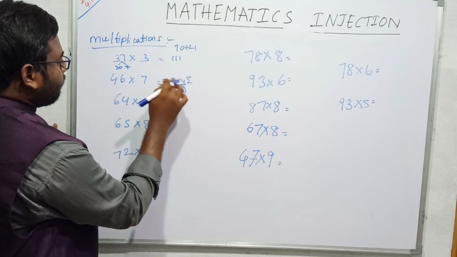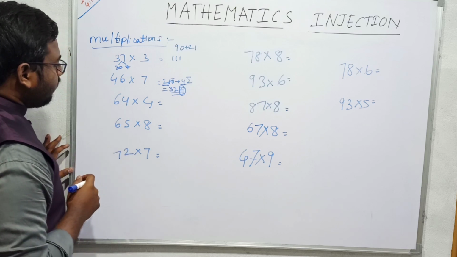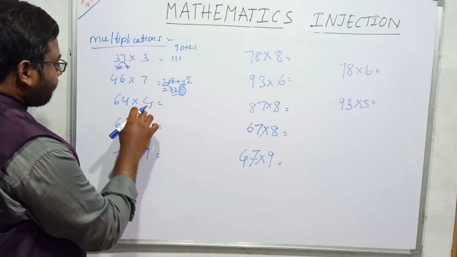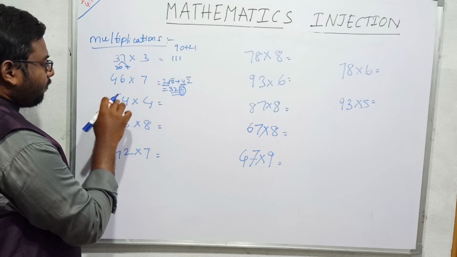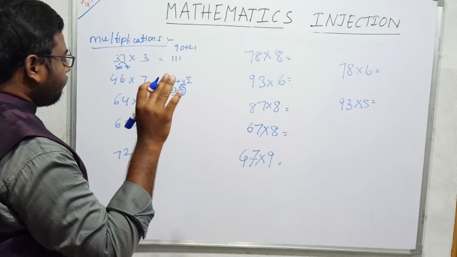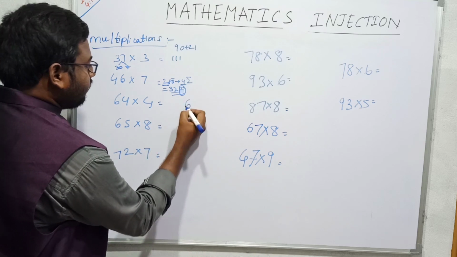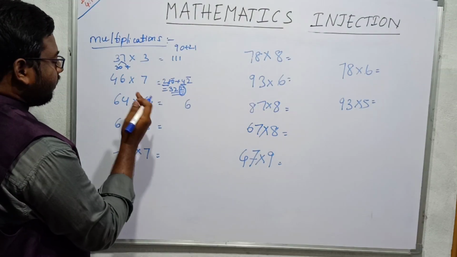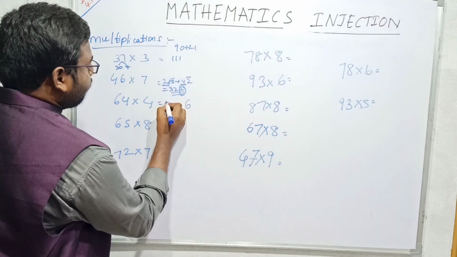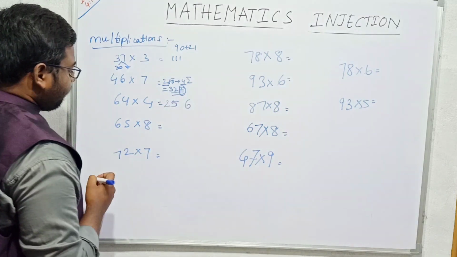So 28 plus 4 is 32. So we will calculate using this step. Six 4s are 24, 24 will be in our mind, and four 4s are 16. So 6 will be our unit digit. 6 we will write here, and 24 plus 1 in 16 will be added to 25. So it will be 25.